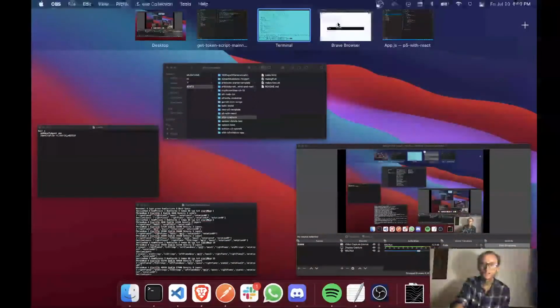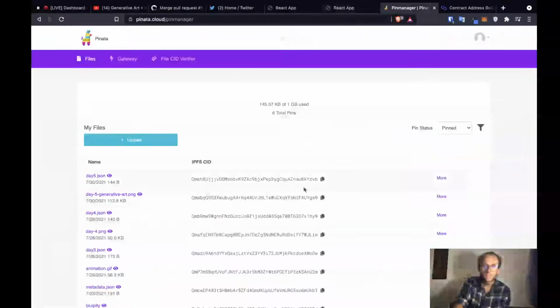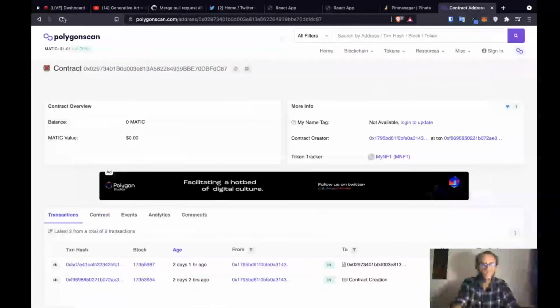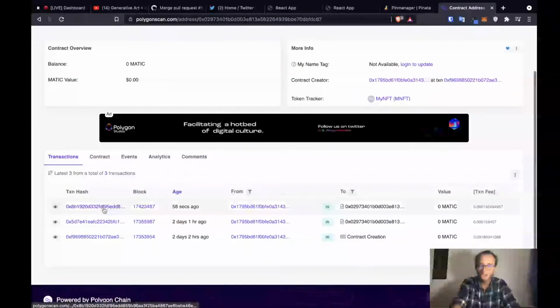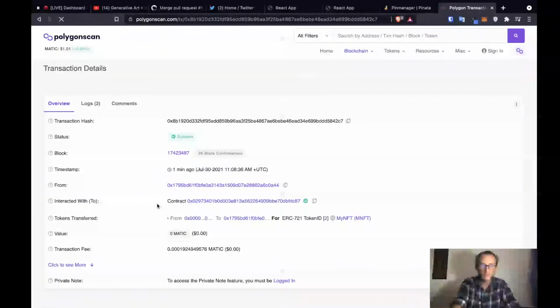When I check out YZVB, we can confirm that our NFT has now been minted with the correct IPFS address, and when I refresh Polygon scan, we should see a new transaction. We do see a new transaction, and when we check out that transaction,